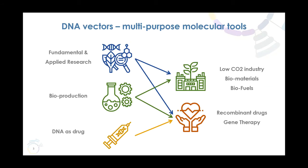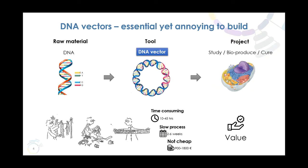So there are many different applications, and we're all very familiar with that, and we all think that it's a very trivial question. But actually, in 70 years, the people who developed these fields went to retirement, most of them, and the knowledge and know-how are progressively leaving the laboratories, while the number of users and the number of needs are increasing. And nowadays, it's taking quite some time to just produce the tool we use,